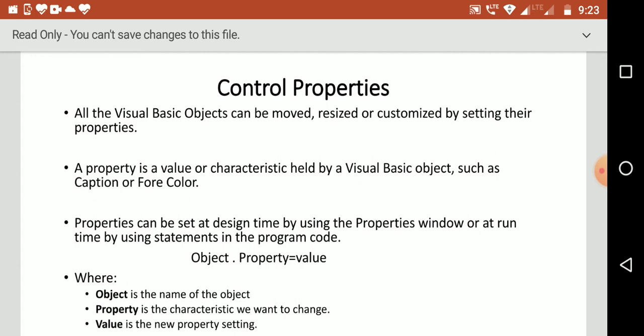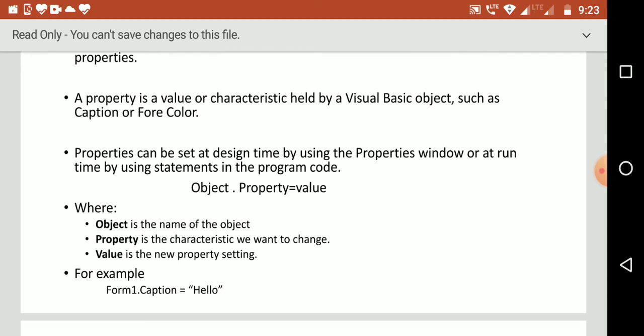A property is a value or characteristic held by a Visual Basic object, such as the caption or the foreground color. Properties can be set at design time, that is, when you're designing a form, using the properties window. And not only at design time, you can also change the properties of a control during execution, that is, at runtime.